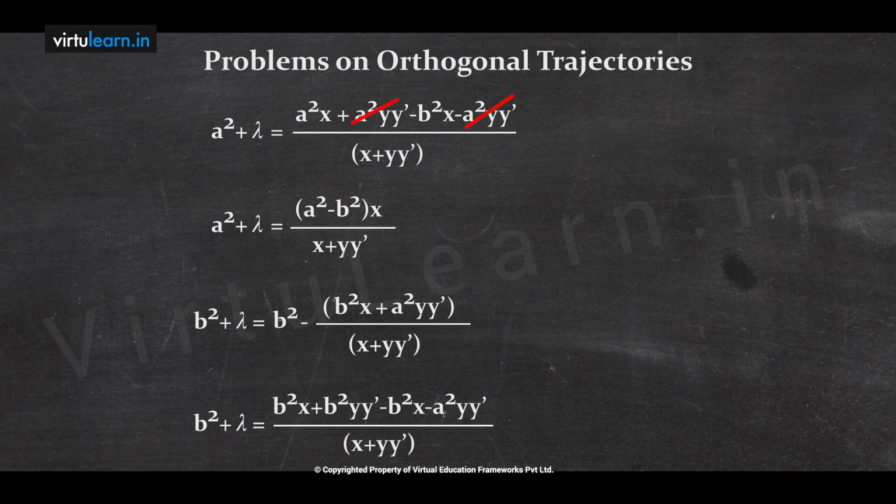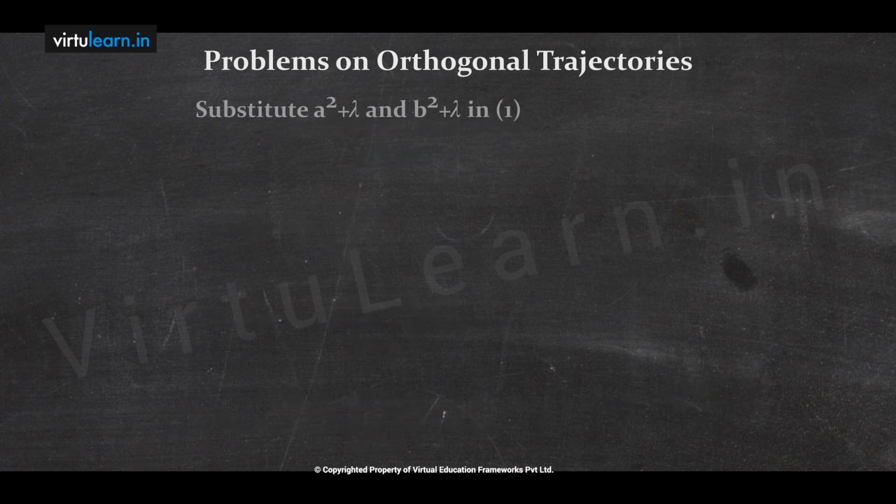Now the plus b square x and minus b square x cancel. b square plus lambda equals, again y dash is common. When you take y dash common, it becomes minus of a square minus b square, y dash by x plus y dash. This is the b square plus lambda value. Now what I will do, I will substitute the a square plus lambda value and b square plus lambda value in